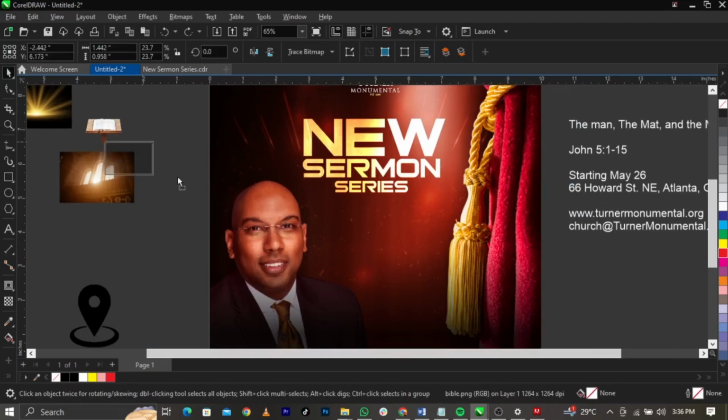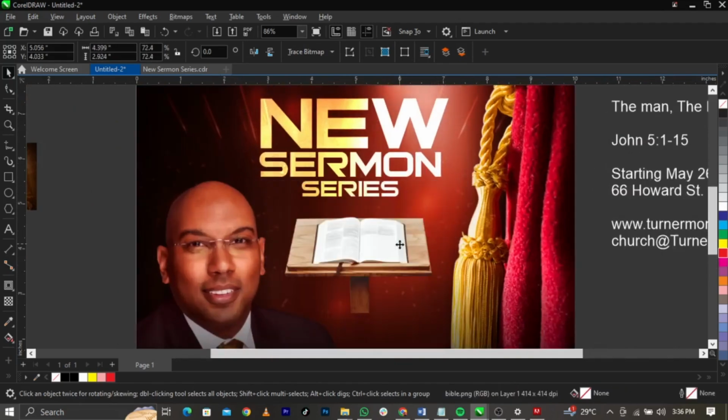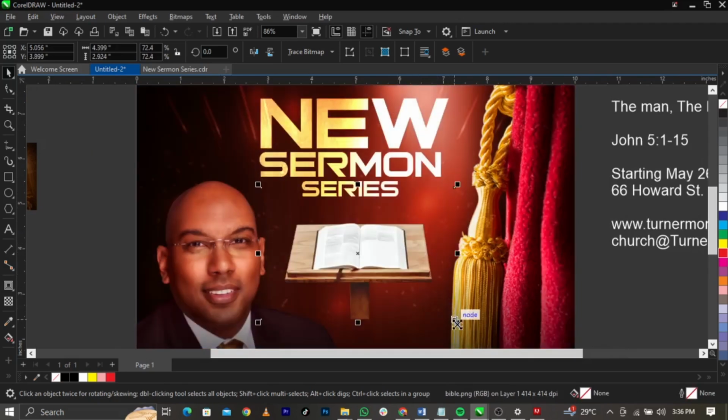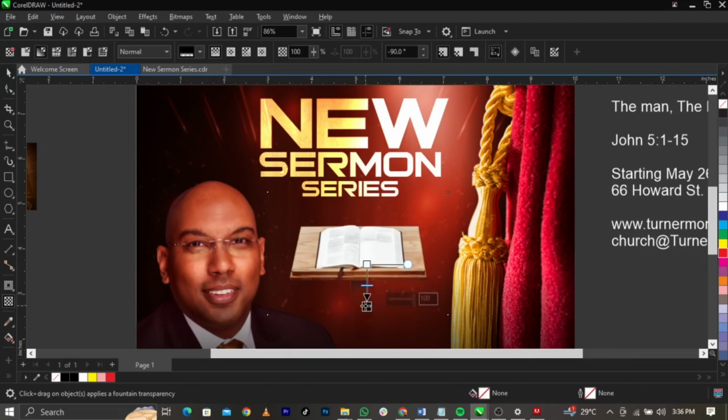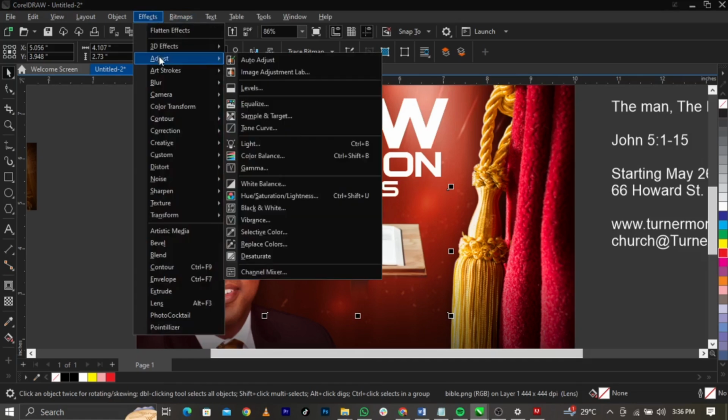So now I'm going to bring in this guy and scale it up this way. Once I scale it up, let me reduce this. I'm going to select my transparency to fade out this edge, fade out this. So once I fade it out, I'm going to go to my effect, select adjust, select